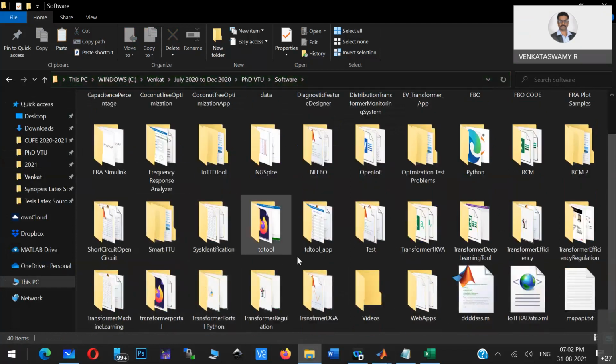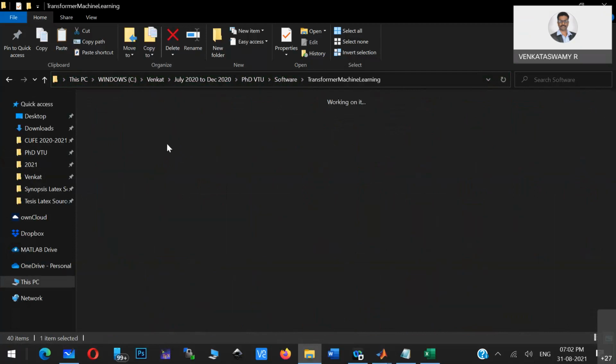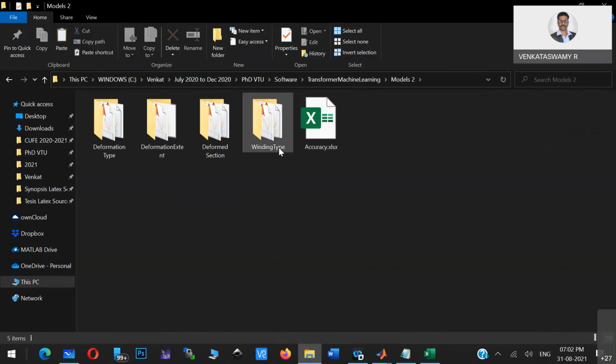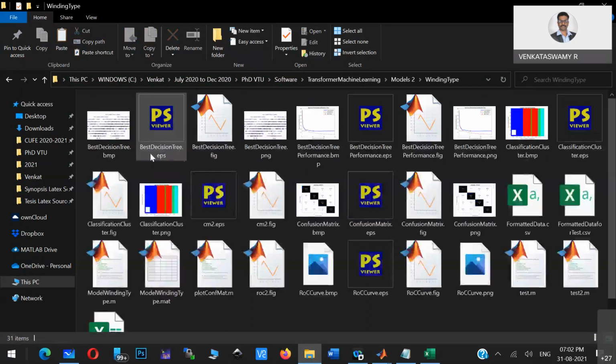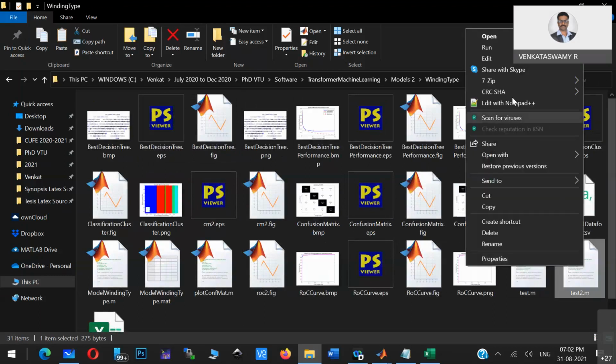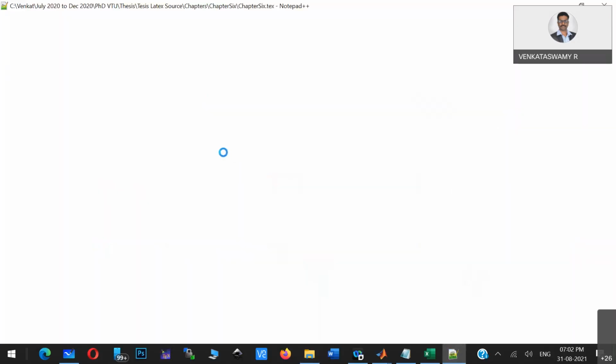Give me 2 seconds, I'll just search for the code. There, we have to call that particular function. A simple 2-3 lines of code. Using that code you can test.